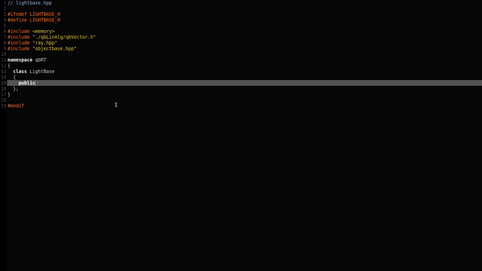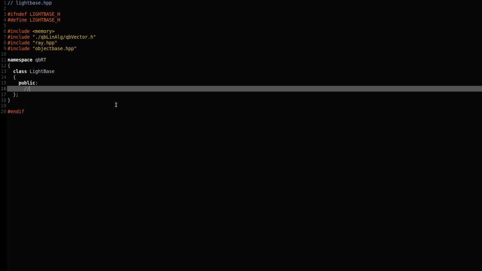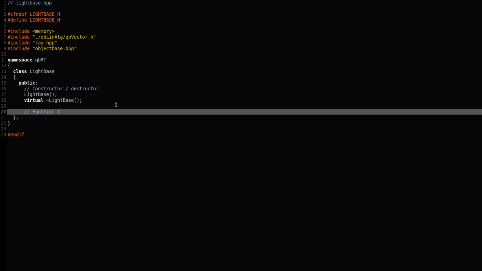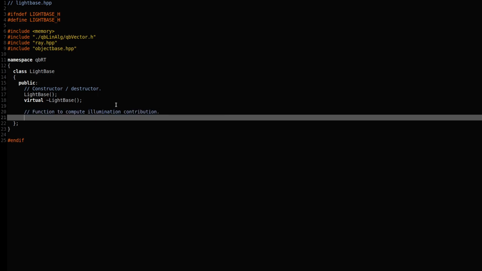And we have, of course, our public member functions for this. We have the constructor and destructor. Okay, so the constructor, simply that. And we have to declare the destructor as virtual because it needs to be inherited by anything that inherits from this base class. And now we have the function to compute illumination contribution. Okay, just like so. So this is going to be virtual, of course, because we want to override it. So virtual bool compute illumination